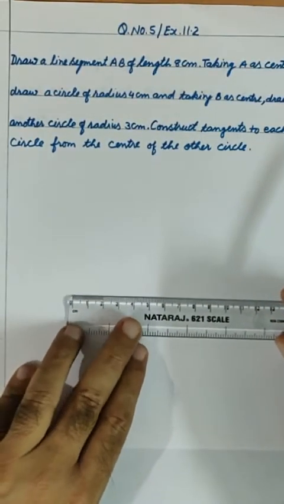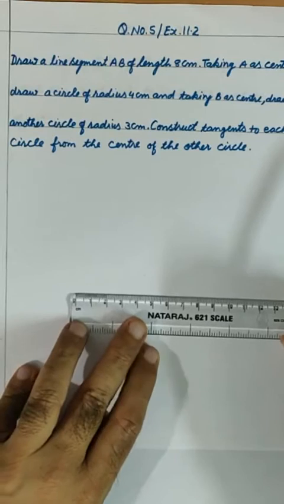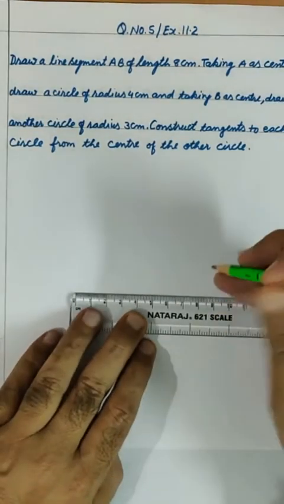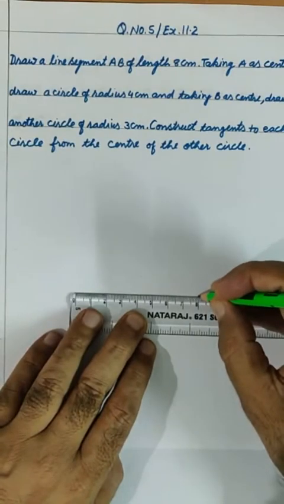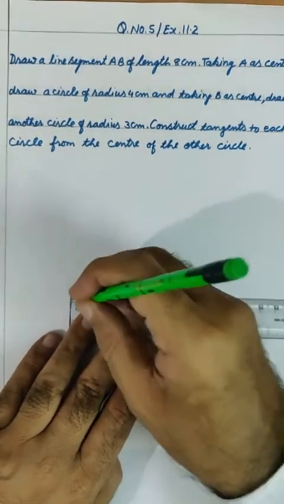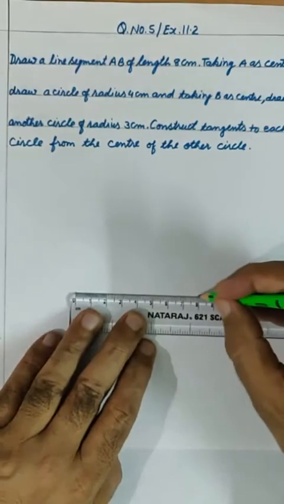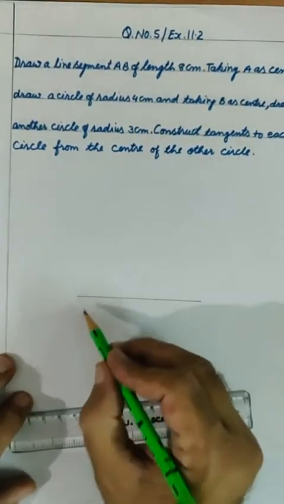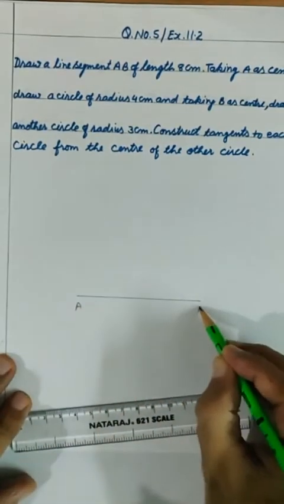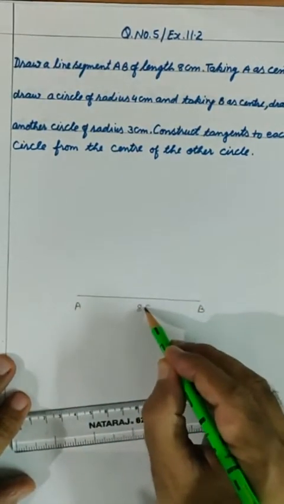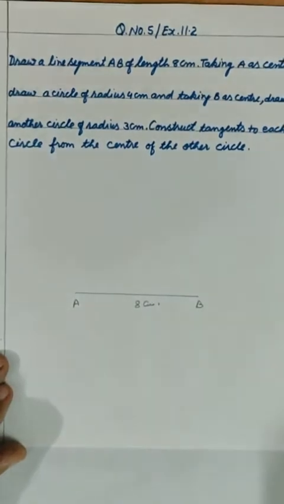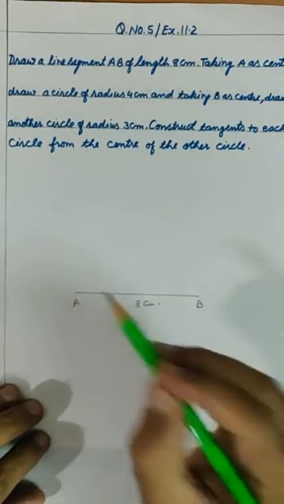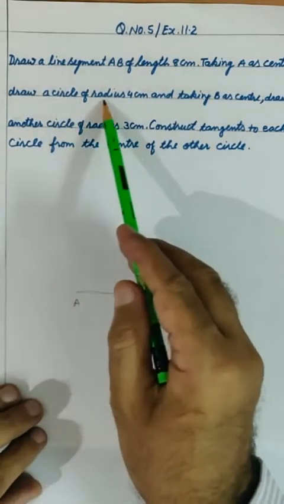You have to draw a line segment. This is 8 and this is there. We can join this now. Then we get line segment AB. This is AB, 8 centimeter. Taking A as a center, draw a circle of radius 4